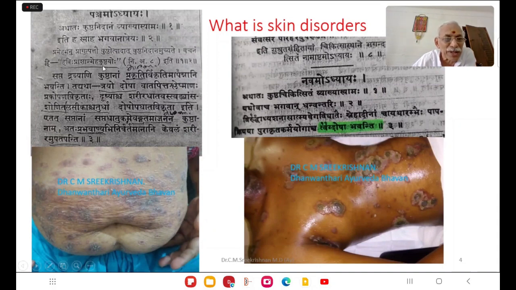Here, what is important? Havi Prashanat Meha Kushtayo. That is what Charaka says. Pramehanantaram Kushtotpati Nidanam Vyakhyasyamaha. Havi Prashanat Meha Kushtadya. Because the prime etiology in our